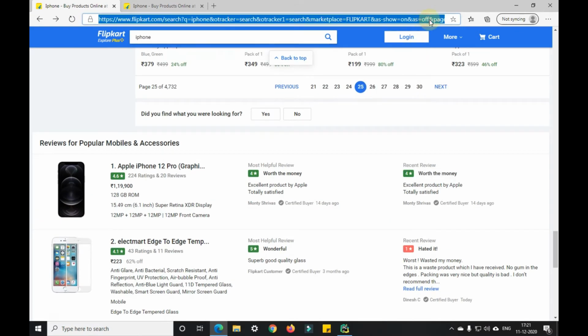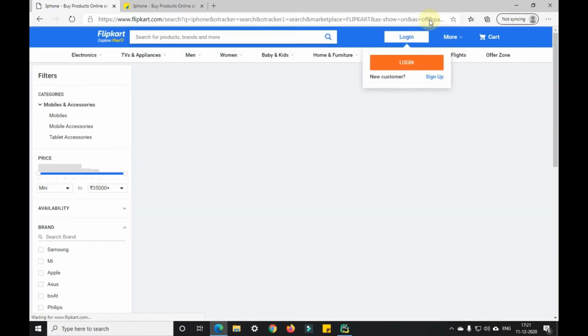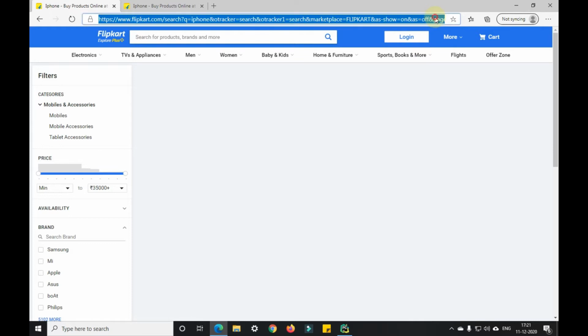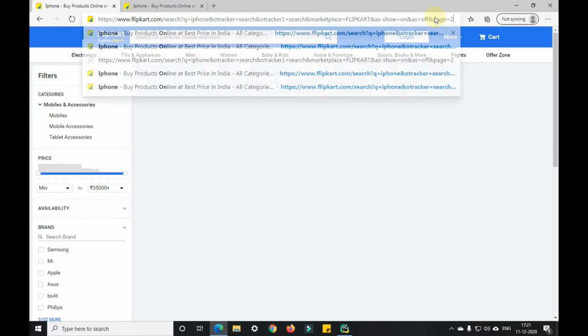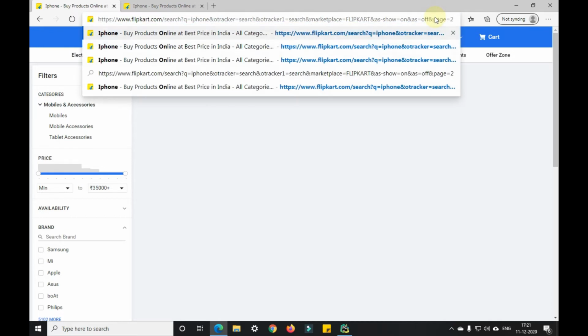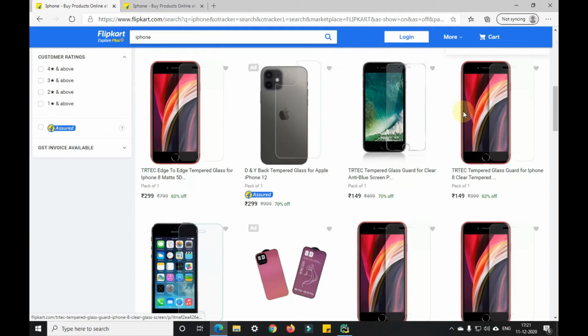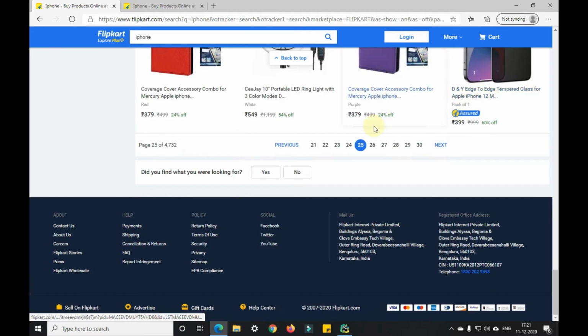So I'll go to page number 29. In page number 29 also we do not have any content here. 28, 27, 26. So page number 25 is the maximum page that we have here, guys. After that, we do not have any content from page number 26, but it is still showing us there.